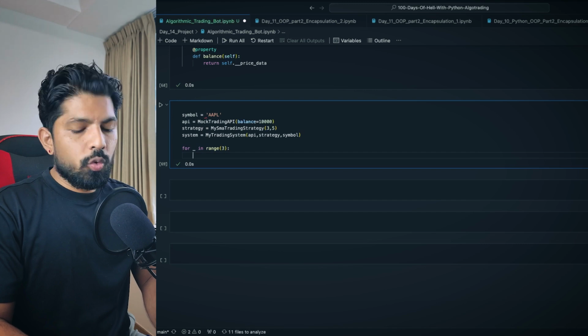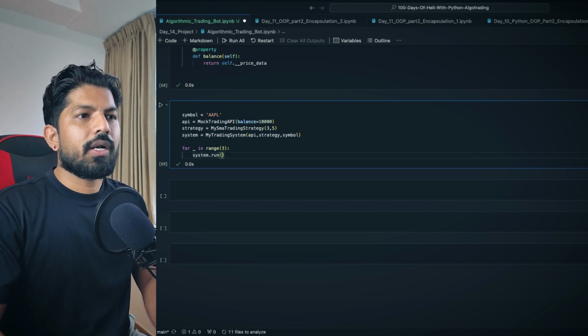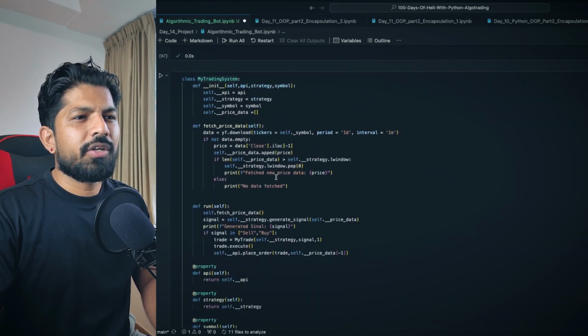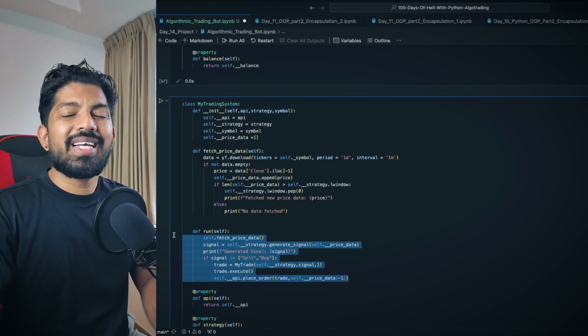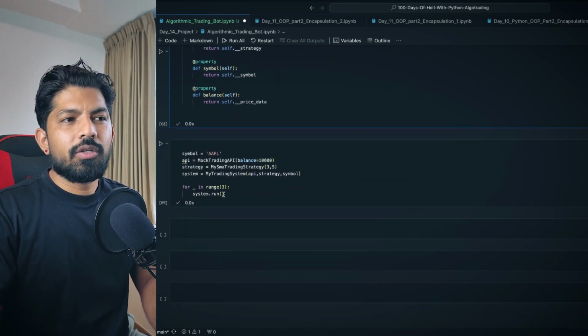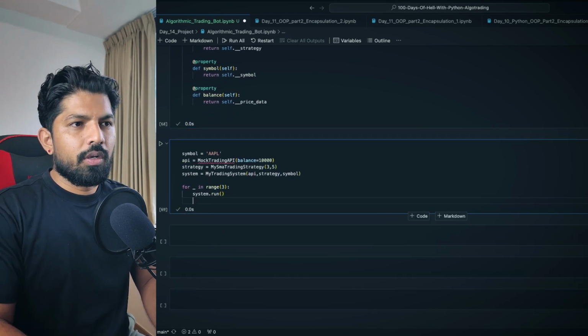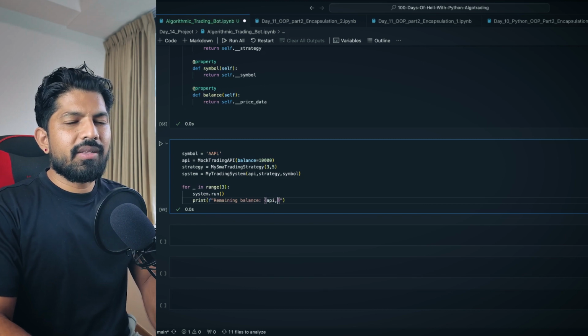Then what I can do is run the system dot run method. So you know that we have created this run method inside this trading system, and it was integrating all the classes. So we will run this method 3 times, right? Then we'll print the remaining balance.